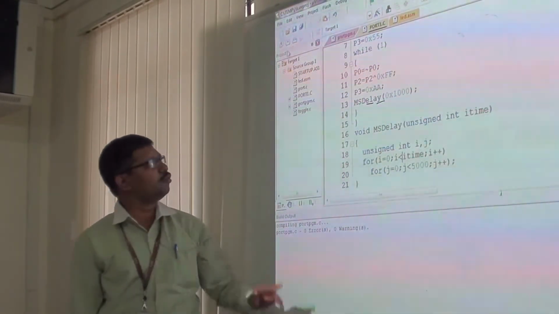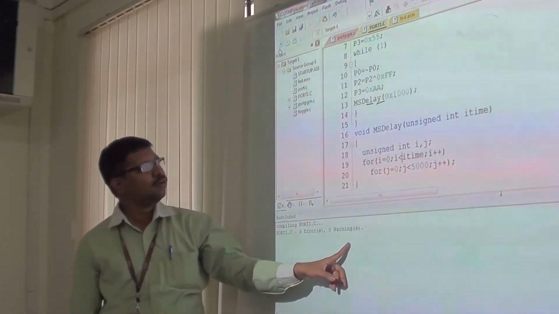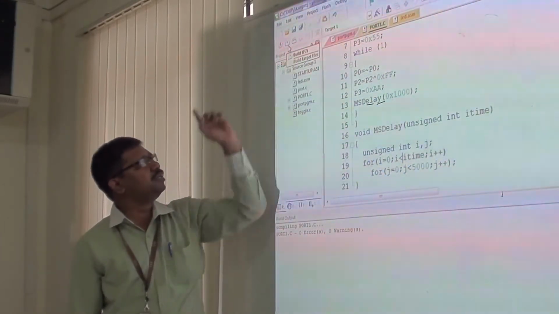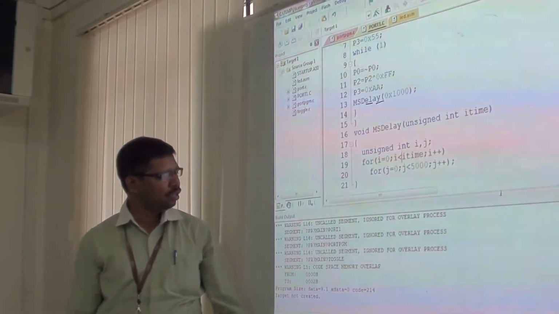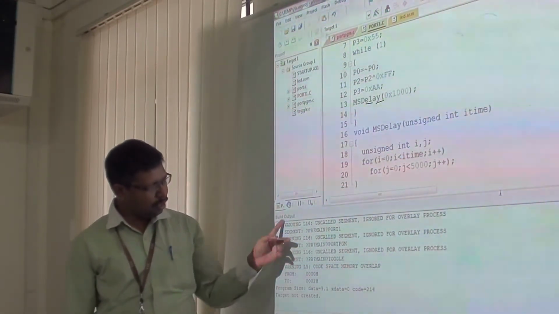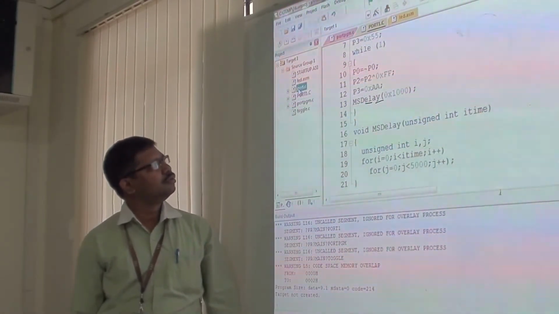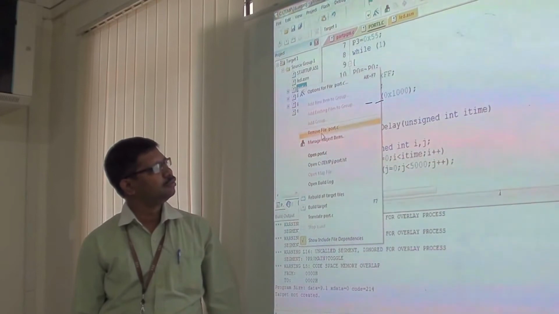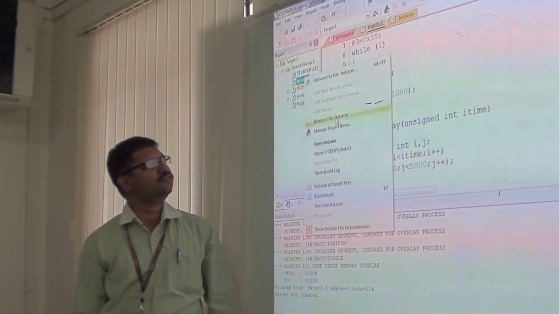So before building, you have to compile it and check for errors. So there are 0 errors, 0 warnings. Okay, for this particular program, I am going to build this using the F7 shortcut or by clicking build. So you can observe it here, and you have to have the file which you are going to run.